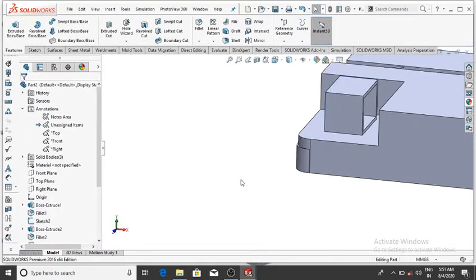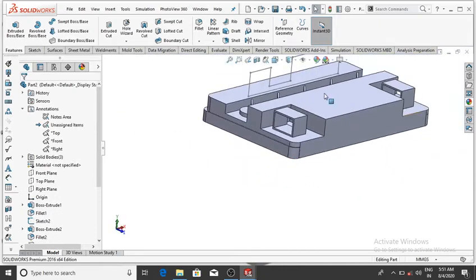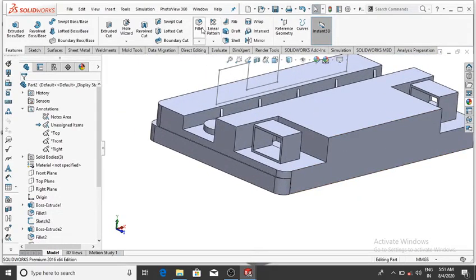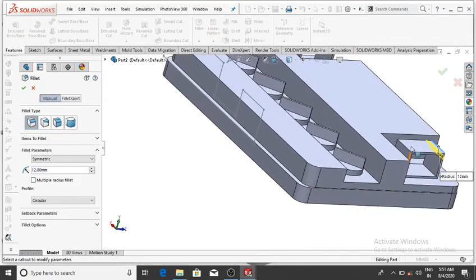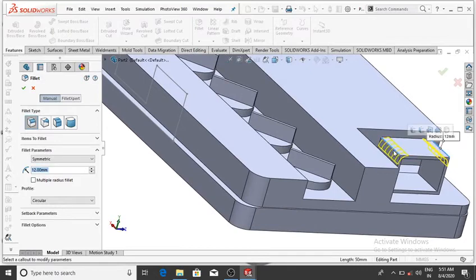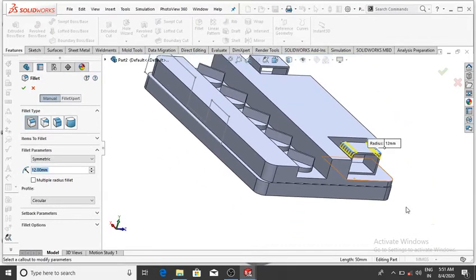And now we make the fillet, so go to the fillet and make the fillet of 12 mm, then OK. Select this face and select this face.